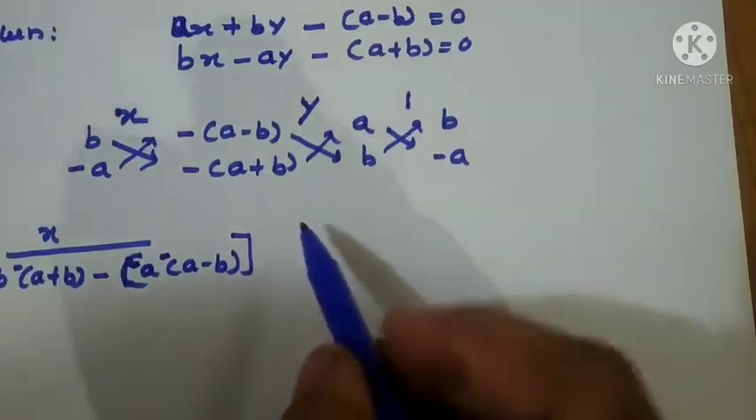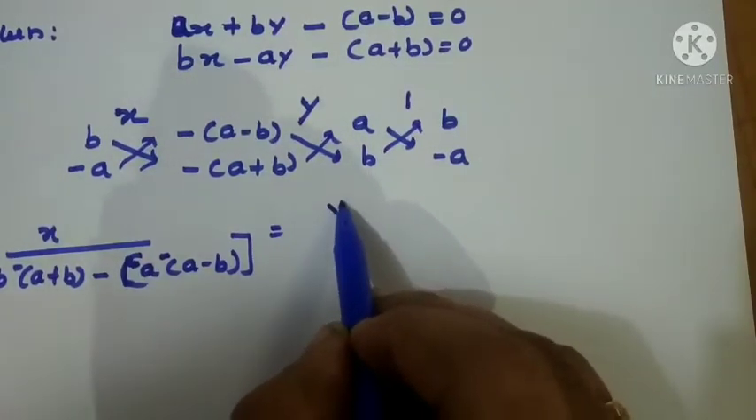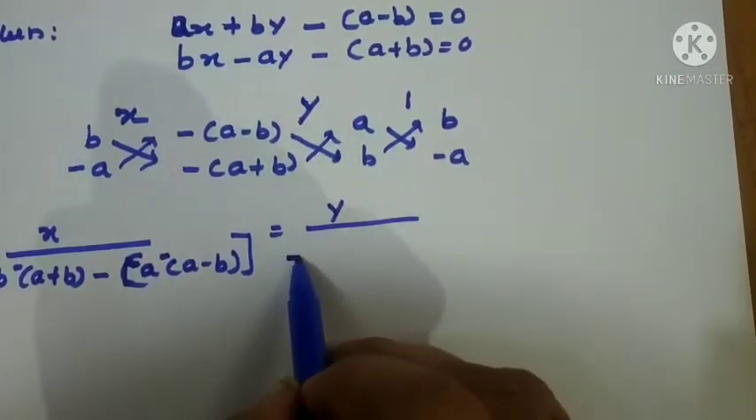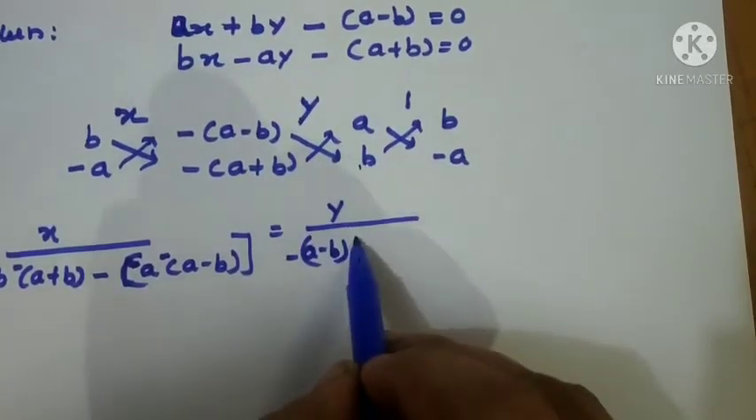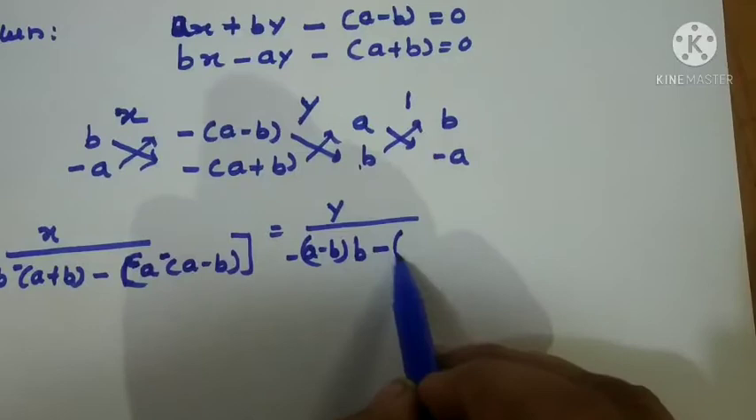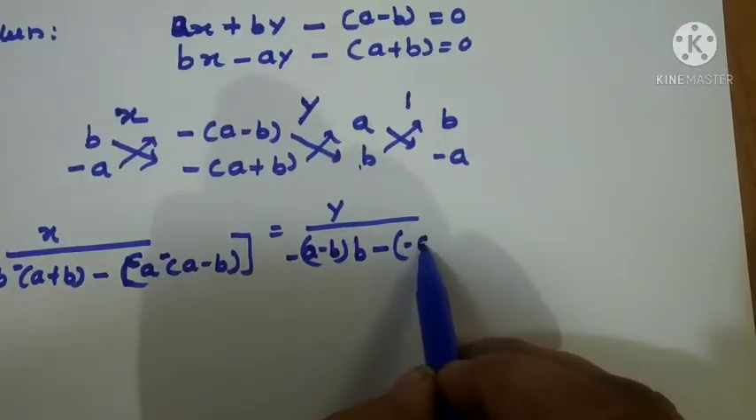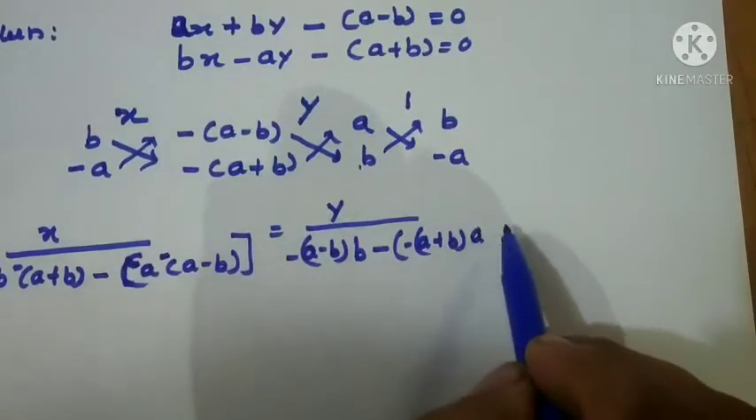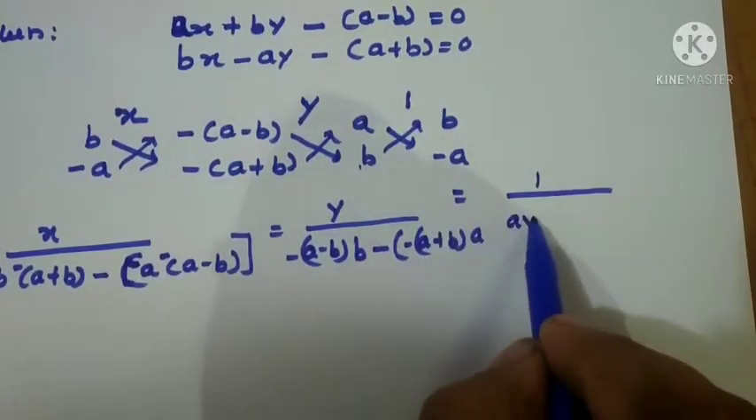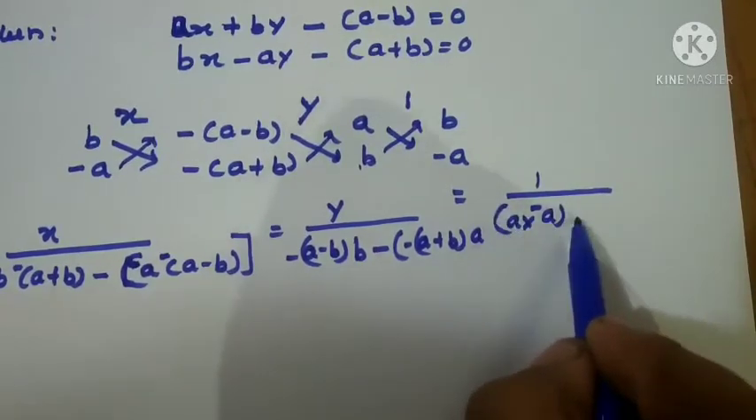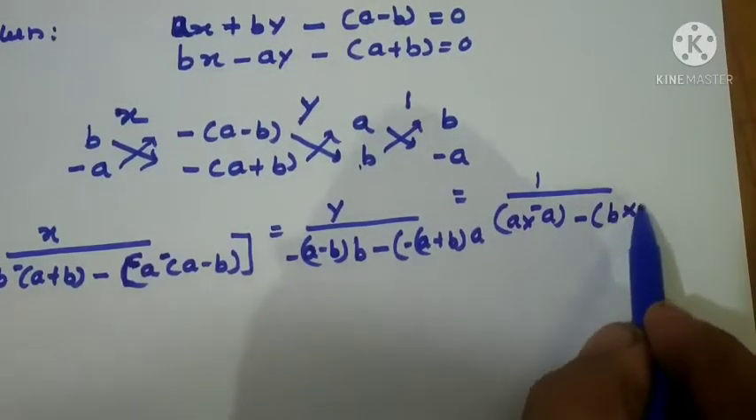So next time I will make it plus. No, don't get confused. y divided by minus of a minus b into b, minus minus of a plus b into a, 1 divided by a into minus a, minus b into b,